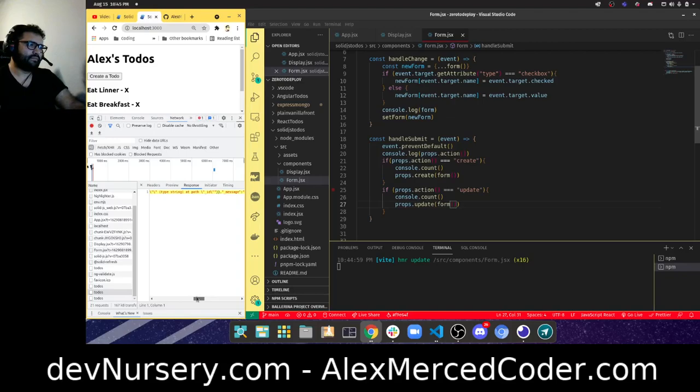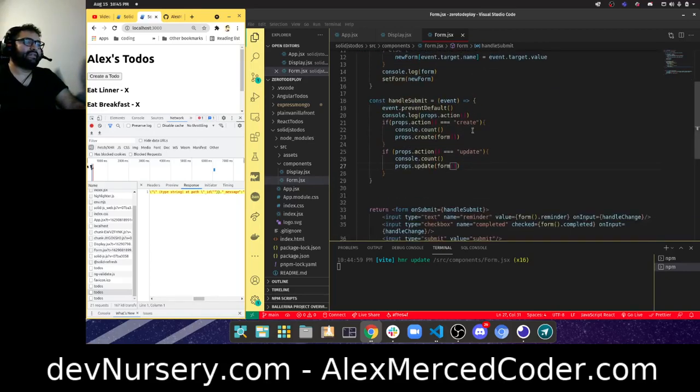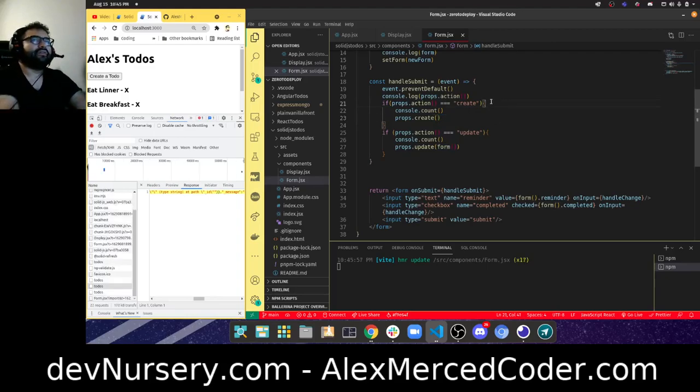Oh, it's because the property ID is in there. So we're technically going to want to remove that. Okay, easy fix. What we do is this. Cut. Okay, so we're going to say